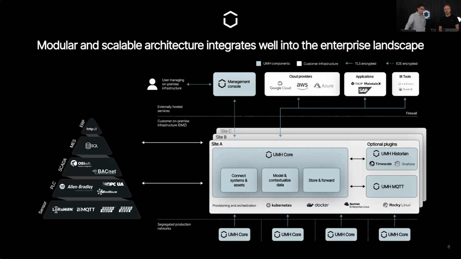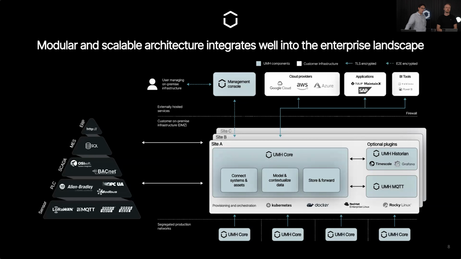So we are bringing everything to Kafka, storing and forwarding it there, and are able to have a 1 week retention time and more. Also post-mortem, you can do all of the stream processing and so on if you want quick development cycles. And additionally, if you require it, of course, we still include Timescale and Grafana for the historian features and use cases. And if MQTT is a required interface for you, because of some PLCs or MES systems out there, then we would also deploy this as an additional container. Which is one really interesting piece.